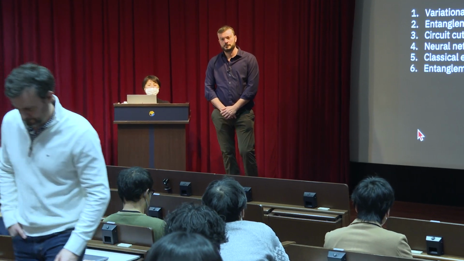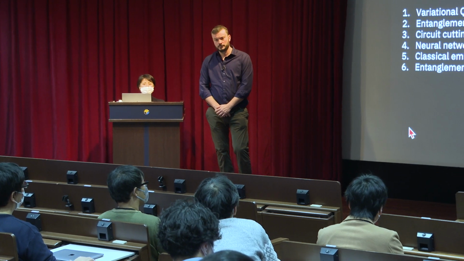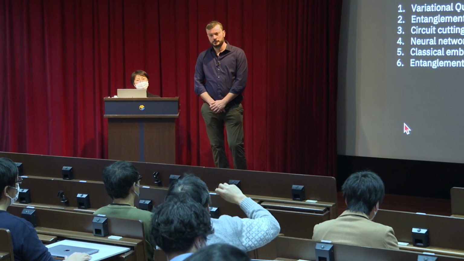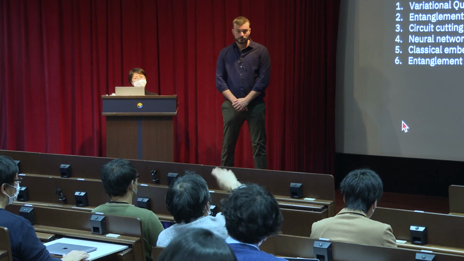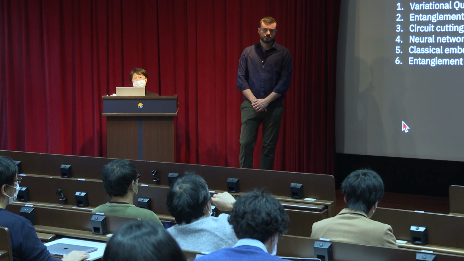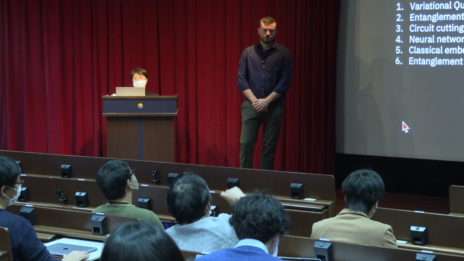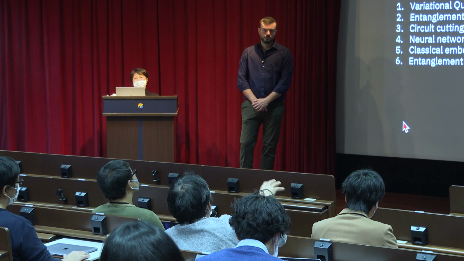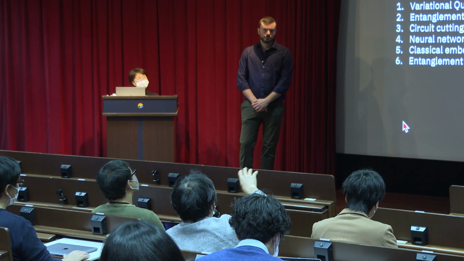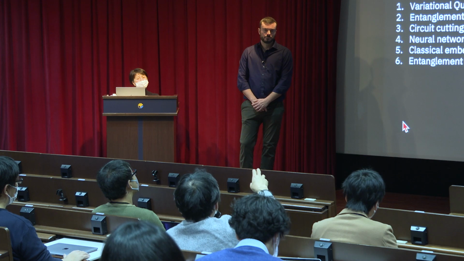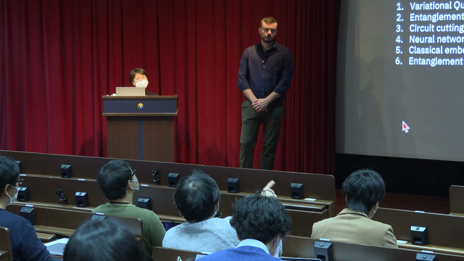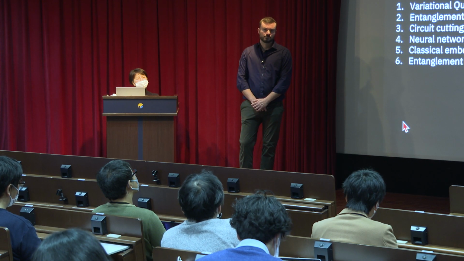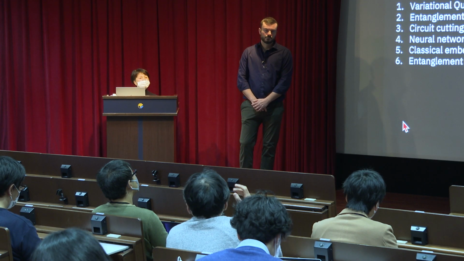So can I ask about circuit cutting? I think that if we can cut the quantum circuit into two parts by cutting only a few bonds, then in that case the entanglement between the two parts is so small if we consider, for example, VQE. So can we find a practical application where we can observe the quantum advantage in that case?